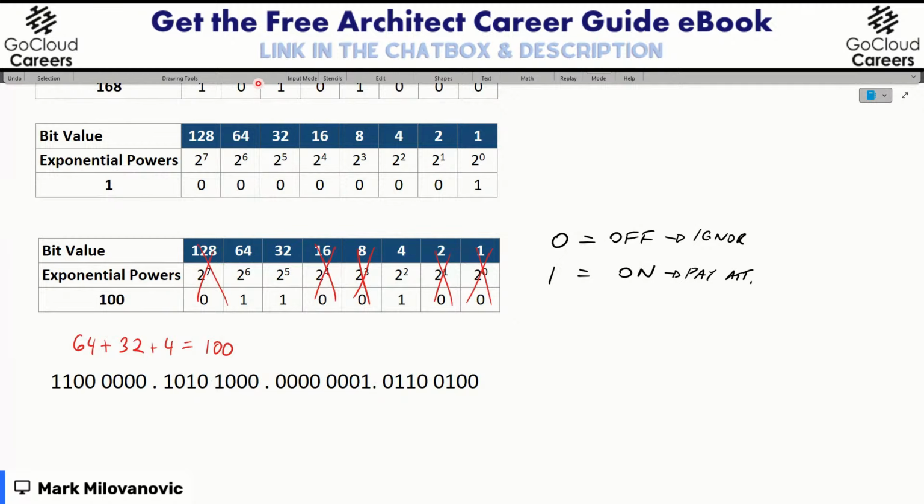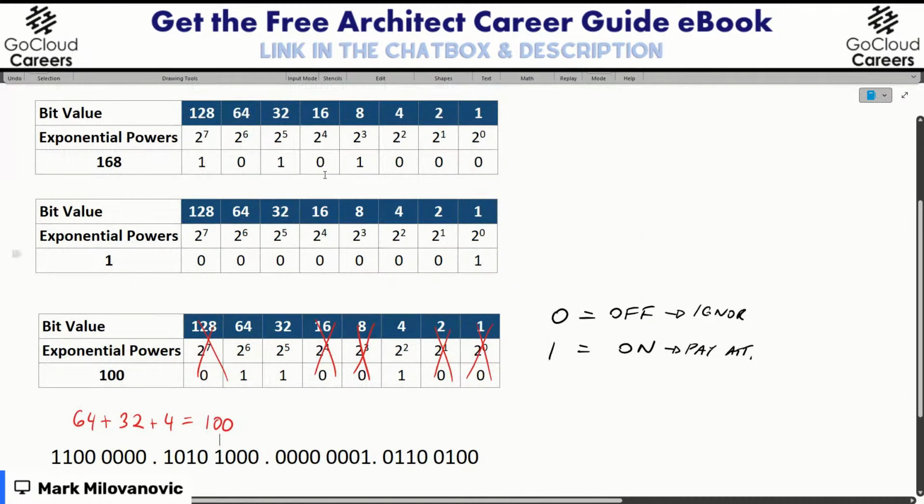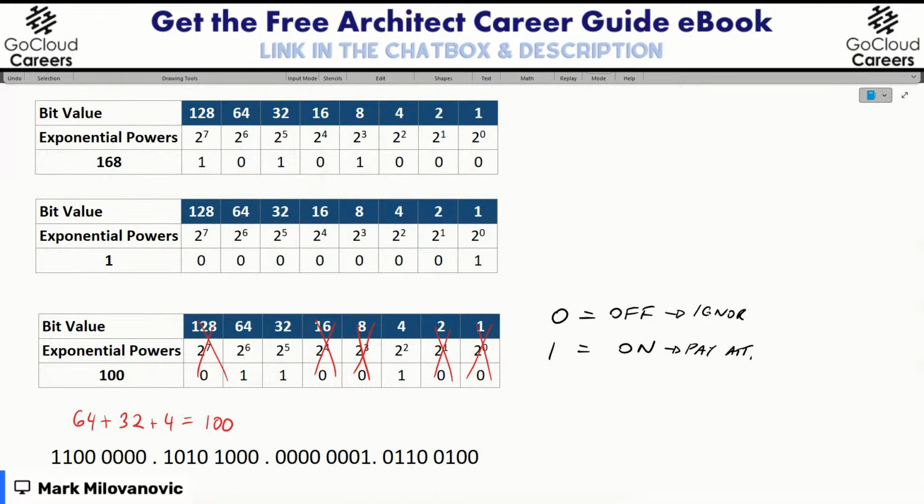Carol, glad that it makes sense to you. And that's all there is to it, to converting from binary back into decimal. And we'll do one quick additional example here, just so you guys see it.